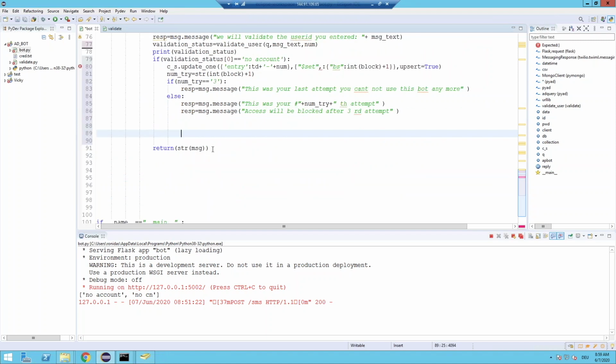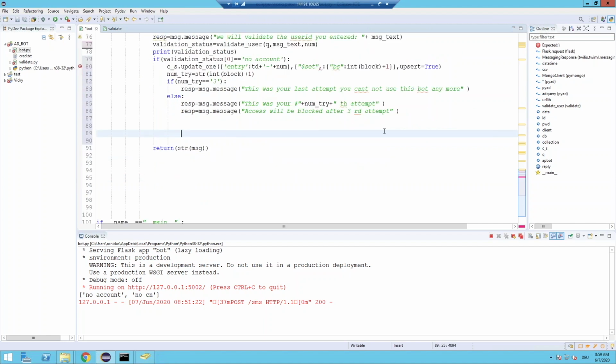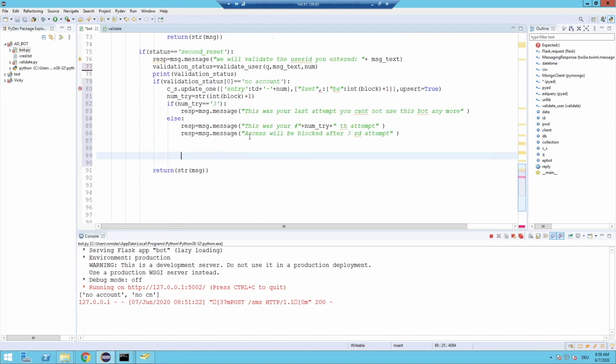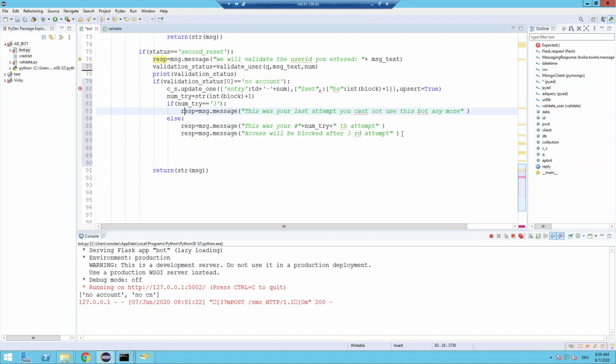Okay, so if this is no count, then that is going to happen. So if validation status is equal to 0, then what is going to happen? We need to write down this thing, and after that the other thing. Okay, so what we'll do now, this is for no account, and we have something for found actually. So for found, we'll directly change the password. Okay,